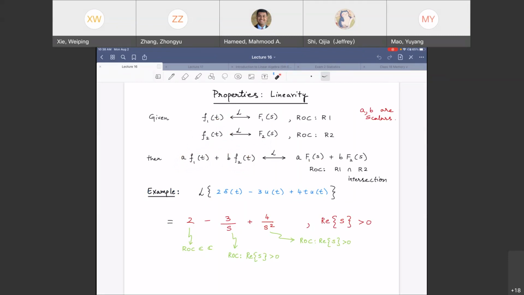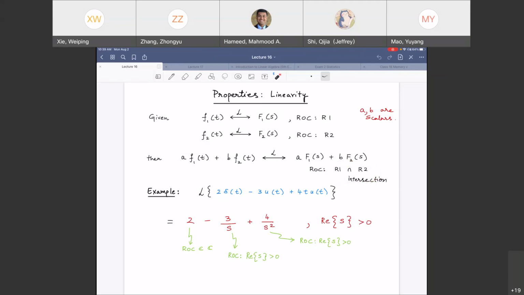and b. And what do you do about the region of convergence? Well, you find the intersection of the regions of convergence. And we talked about why that is going to be the case, right? This guy has a pole here, region here. This guy has a pole here, region of convergence goes there. Wherever the regions of convergence intersect, that's going to be the place where the overall signal converges.